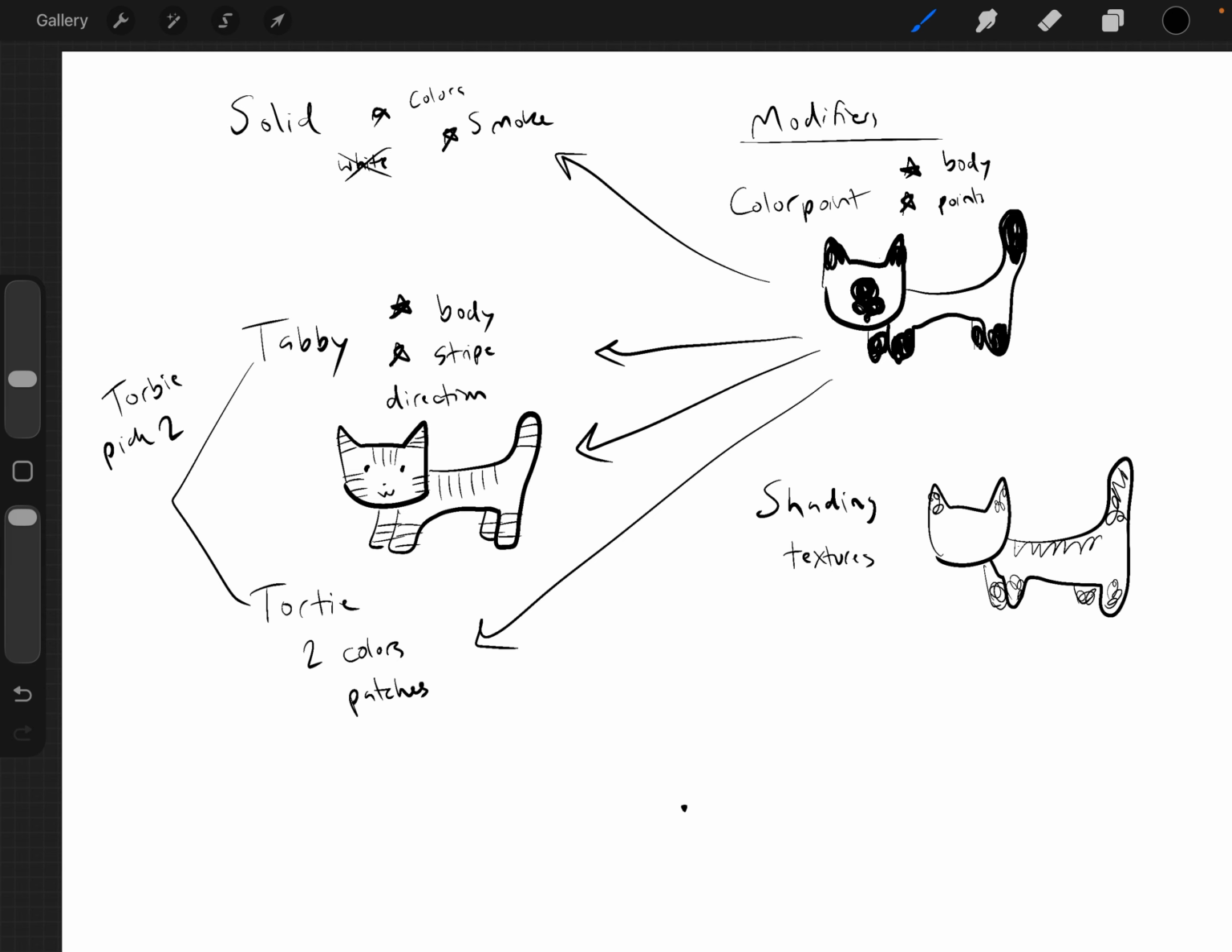So there's some really good textures for smoke on cargo that are really good for shading. There's also grizzled textures, which is basically just a bunch of spots. So you could do a lot of really cool stuff with those textures. And I think you can actually combine shading with all of these as well. I've seen shading be used like a tortie